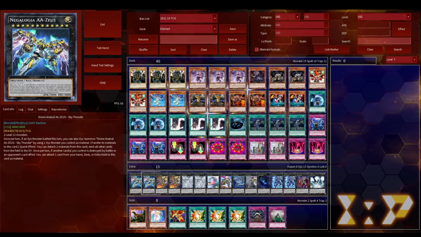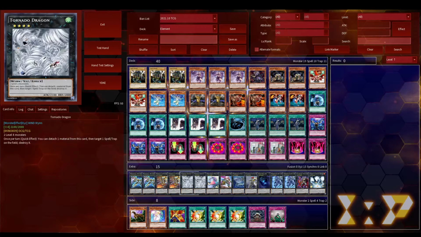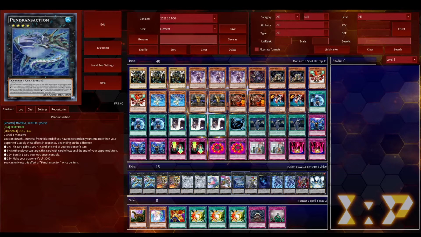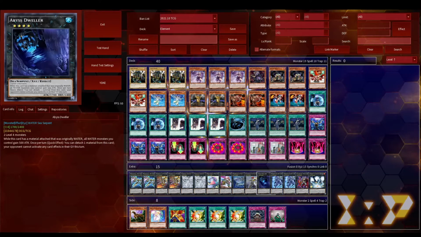Then in the extra deck we are playing 2 copies of Zeus, the boss monster of the deck, to wipe the board and to beat down our opponent, 2 copies of Vespenato for piercing damage ability and for the floating effect upon destruction, 2 copies of Tornado Dragon to deal with back row, 1 Baguska to stall, 1 Castel to deal with problematic monsters by shuffling them into the deck, 1 Pendra's Action because it is very quirky and can be a great rank 4 beater in certain situations, 1 Exciton Knight for his baby Zeus board wiping ability,